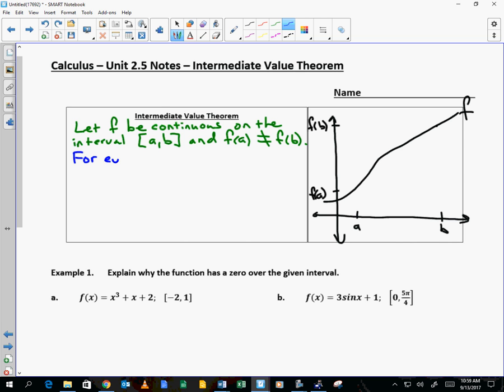For every number n such that f of A is less than n, which is less than f of B, what does that mean? It's in between f of A and f of B, right? So for every number n that sits between f of A and f of B,